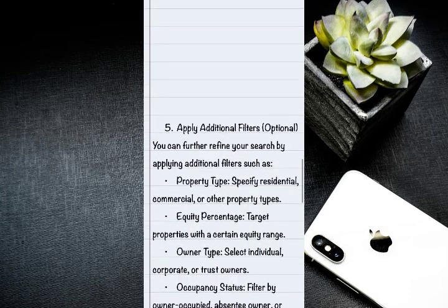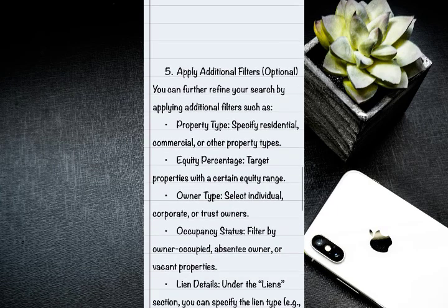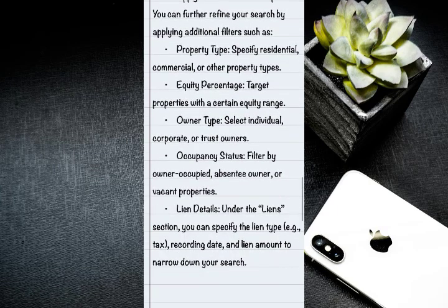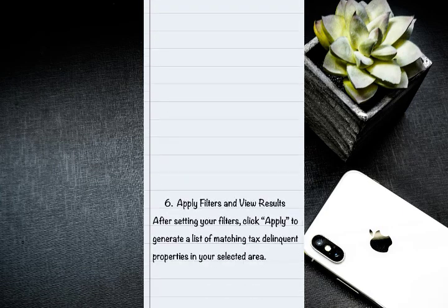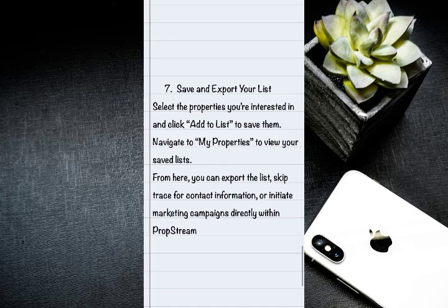Then from there, you can further refine your search by applying additional filters such as the property type, the equity percentage, the owner type, the occupancy status, and land details. Then after that, you can apply the filter and view your results. So after setting your filters, click apply to generate a list of matching tax delinquencies, which are the properties in your selected areas. And also from there, you can select the properties you are interested in and click add to list